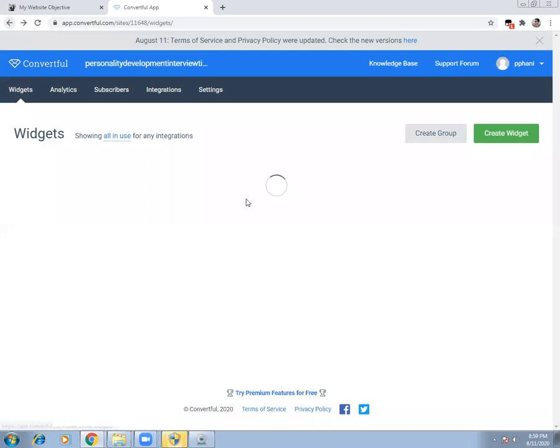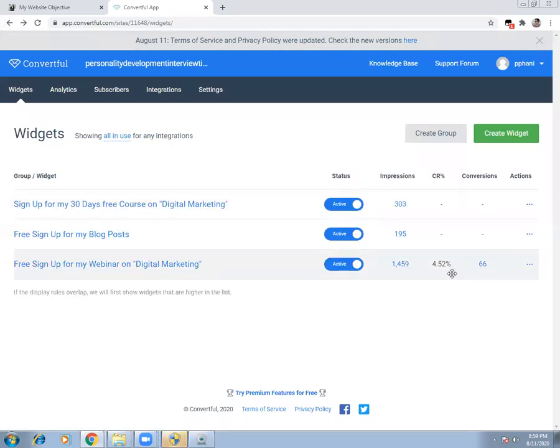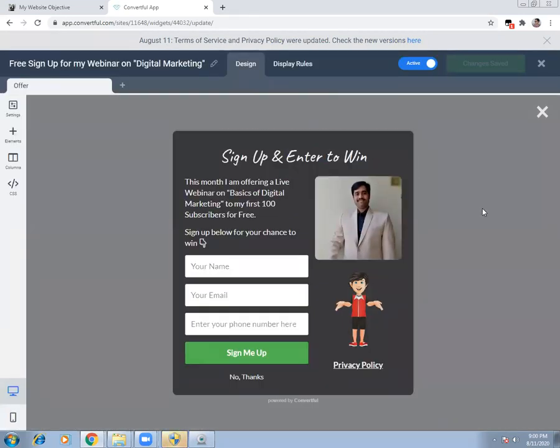And there is one more thing, and out of all 3, this is my best performing banner. Though I am putting up that banner, only 4.52% of people are coming. That is, I got 66 conversions. That means 66 people have clicked on this ad, which is none other than my pop-up bar. This pop-up bar has got me 66 candidates interested in digital marketing, which means you can understand that this is converting my traffic into customers who are interested to know about digital marketing and benefit from my offering. So I just wanted to let you know these basic things.